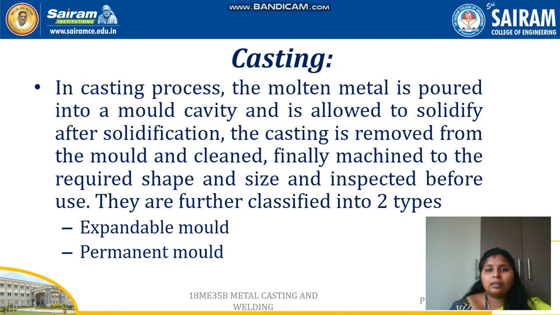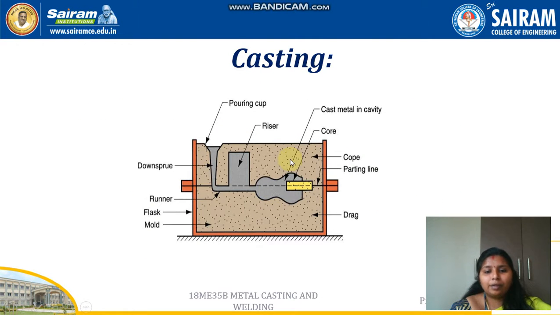Sand casting is nothing but 2 boxes being taken. In this diagram you can see there are 2 boxes: one is the cope box, the other is the drag box. Both are filled with green sand. The sand used for casting is green. There are a variety of sands which we will be learning about later. The green sand is kept in the two boxes and rammed very well so that it becomes tight, and we place the pattern. Like this the pattern is placed.